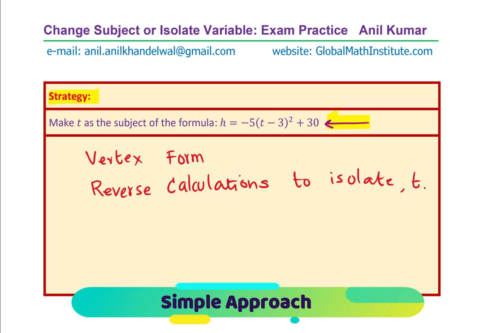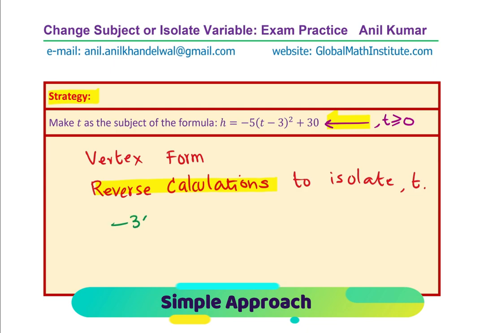So that means you have to first take away 30, divide by minus 5 and then square root. Now in such cases, we know that t is greater than or equal to 0. So in case you do square root, you have to take the positive values only, right? Okay. So the operations involved will be reverse calculation I've written here. It really means what? Reverse calculation will be